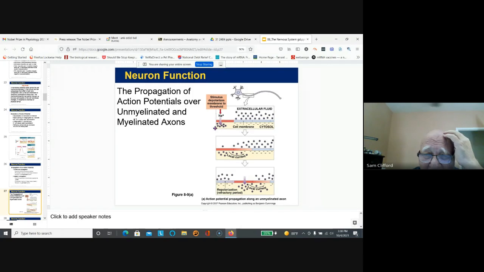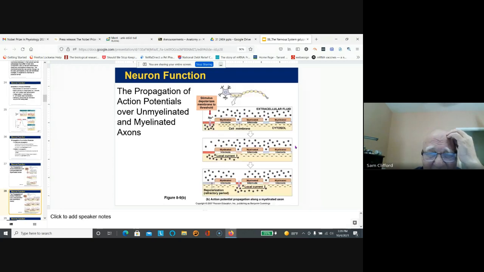So as that sodium comes in, that sodium is going to move toward these negative cells, and that's going to allow the sodium channels to close, and then the potassium channels to open, and that's how the impulse moves away from the cell body, and the nerve impulse travels along the whole surface of the nerve membrane. If you have saltatory conduction, then the sodium will come in, and then